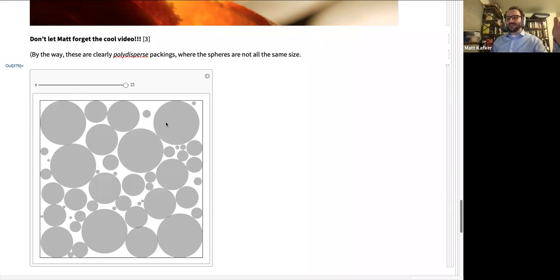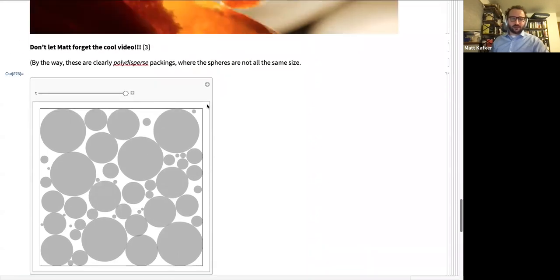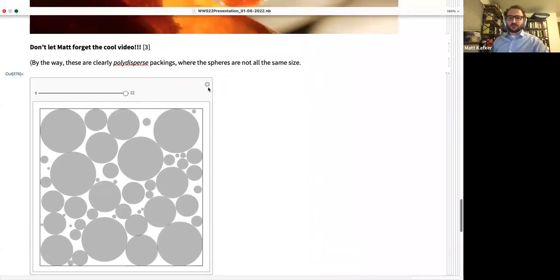So if you found yourself in a situation where you had to create a really, really dense amorphous collection of, I don't know, whatever it would be, this is a way to make really, really dense solids. So anyway, that's neither here nor there. I just thought that was cool. Okay, that's the end of packing. So I'm going to move on.